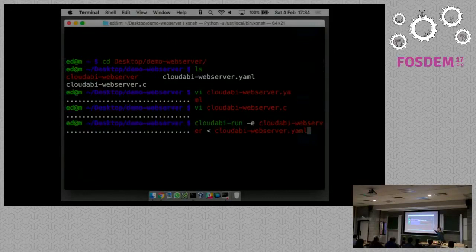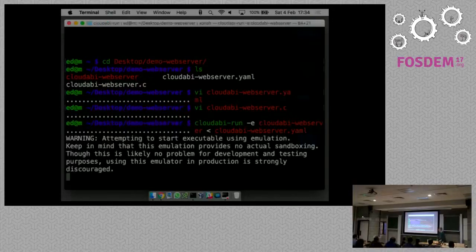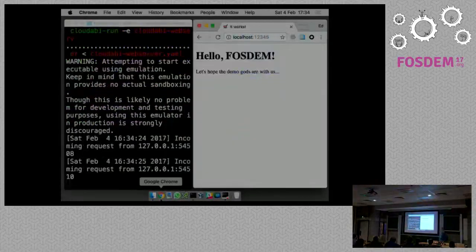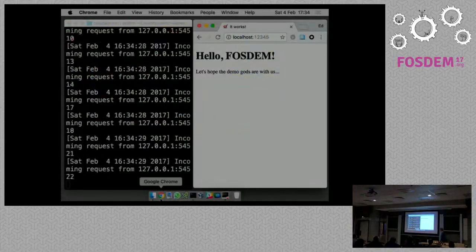But on macOS, I'm using a stock operating system that's not capable of running CloudABI software. So I'm passing in the -e flag to turn on emulation. If I run this, I get this big warning message saying that emulation is not ideal and not secure. But if I now open up the browser and go to localhost 12345, you actually see that this web server is serving requests. So now I can just refresh this page and you see requests ending up at the